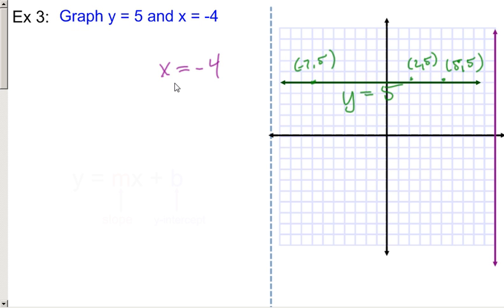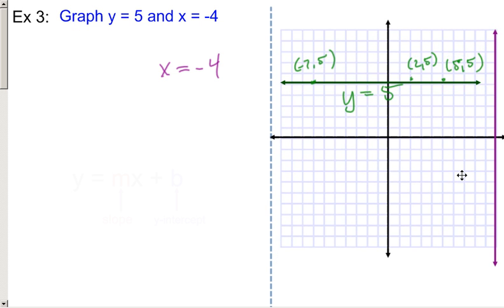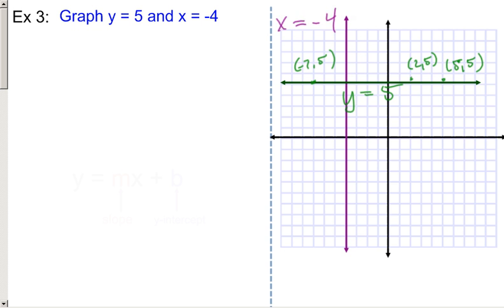Now the next one says x equals negative 4. So to do that, we want where all the x values equal negative 4. So that'll be, we got 0, we count over 1, 2, 3, 4, and we draw a line through here, and I guarantee you that that's x equals negative 4,